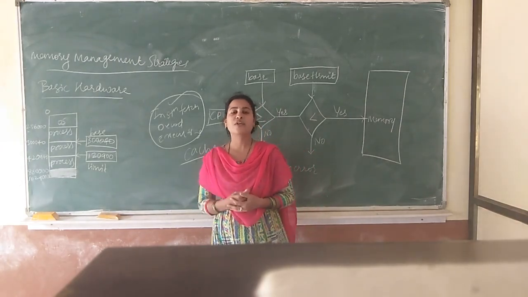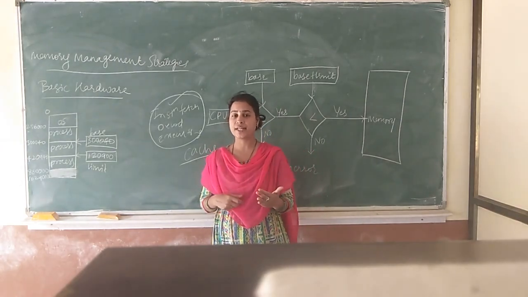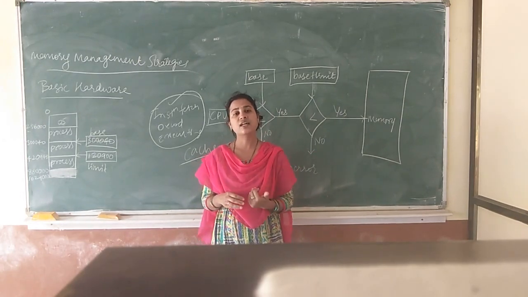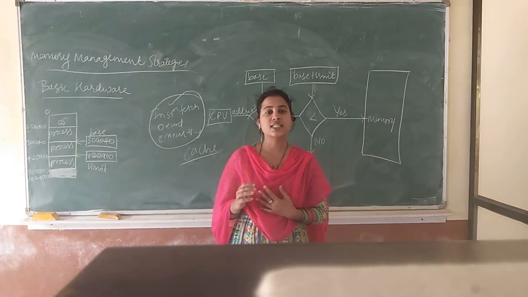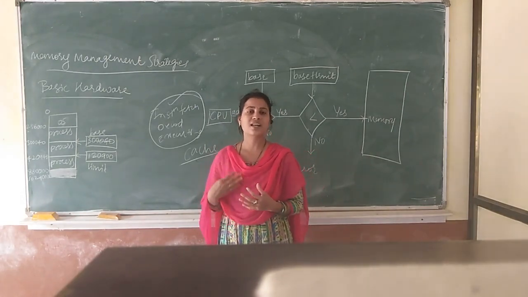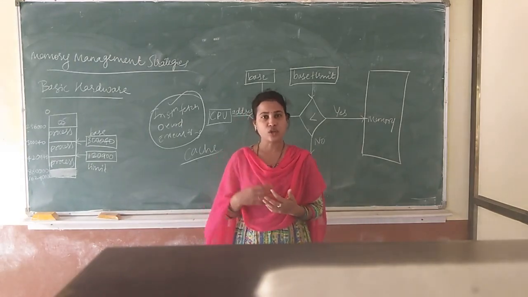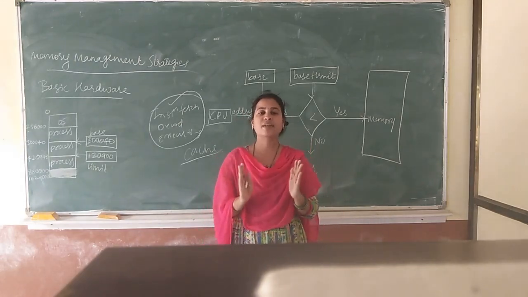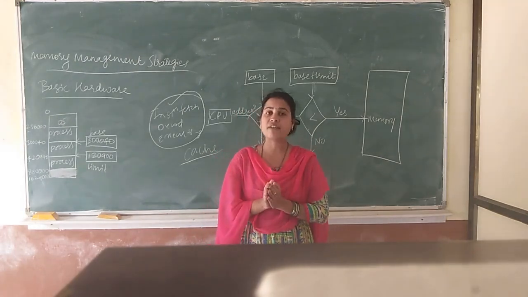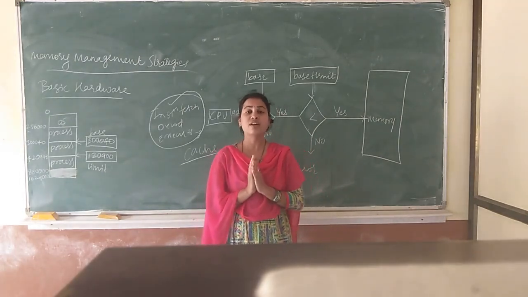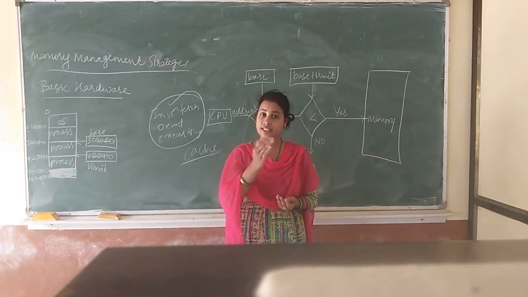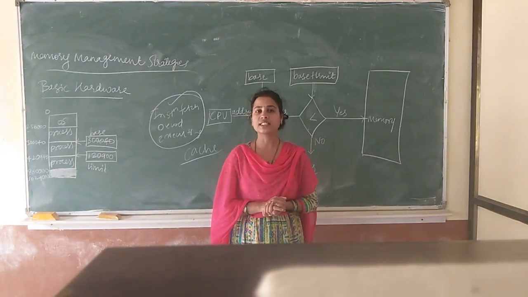Now one more point you have to keep in mind. We have already studied the dual mode of execution, is it not? User mode and kernel mode. User mode consists of the user processes. The user has the authority to access the memory space of the user. But in the same way, the user does not have the privilege to access the data of the kernel or the operating system.